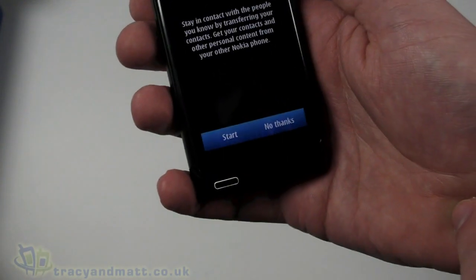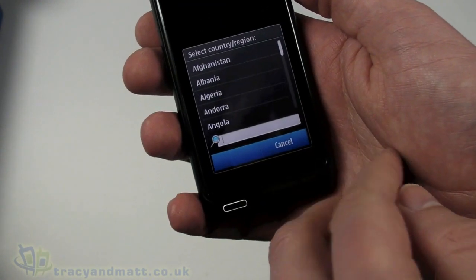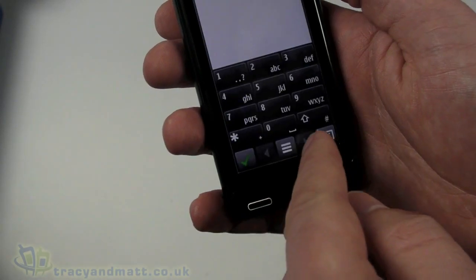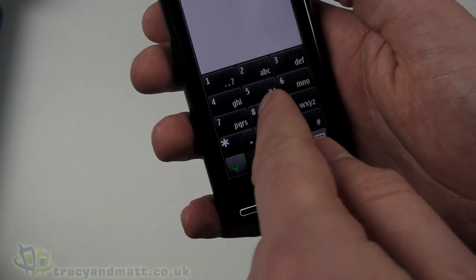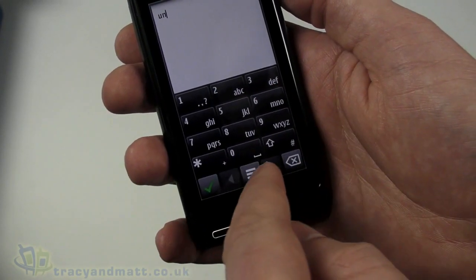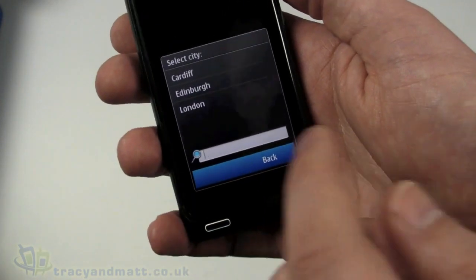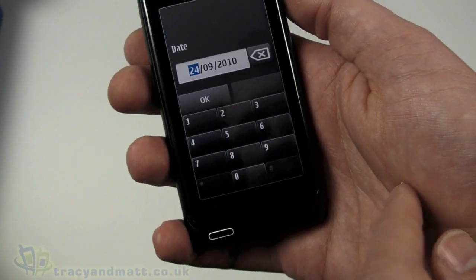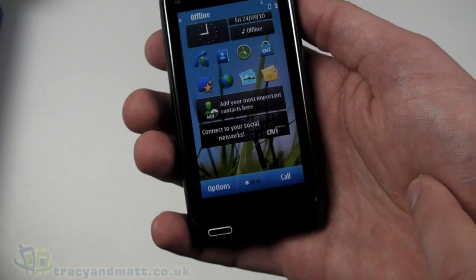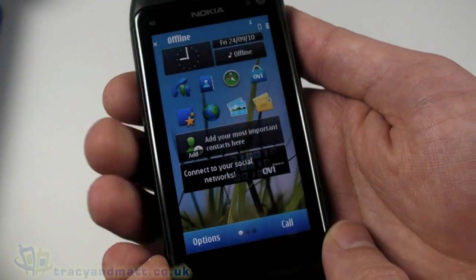We'll use English and stay connected. Well, we'll skip that for now and select my country. So let's type in UN, see if it picks up United Kingdom. There we go. United Kingdom, nice capacitive touchscreen, London being my nearest, and we'll accept the defaults for date and time. So we start up and we have the home screen,